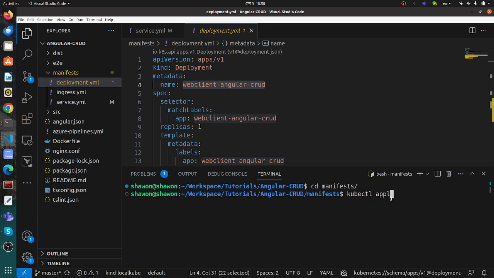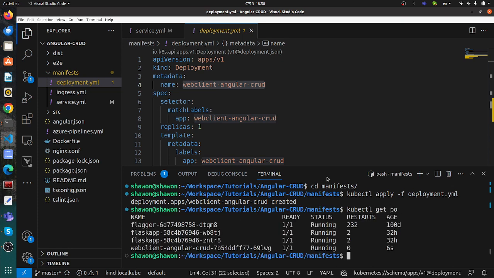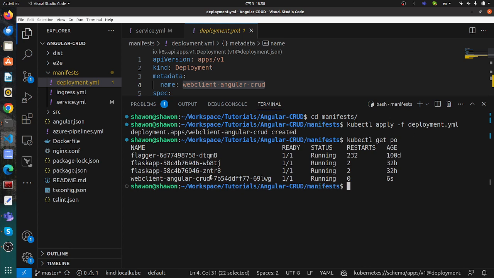So I'm using kubectl apply -f because we are using the file deployment.yml, and you can see it's created. Let's check it, and you can see the web client Angular pod is running, and the age is 6 seconds. That means I have deployed it now, and we need to